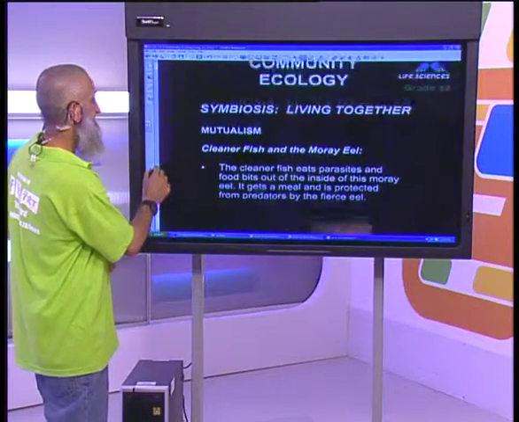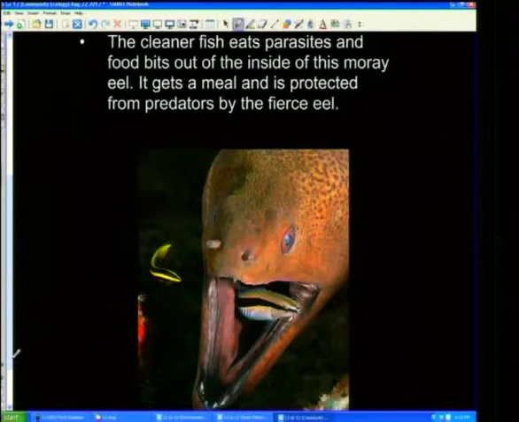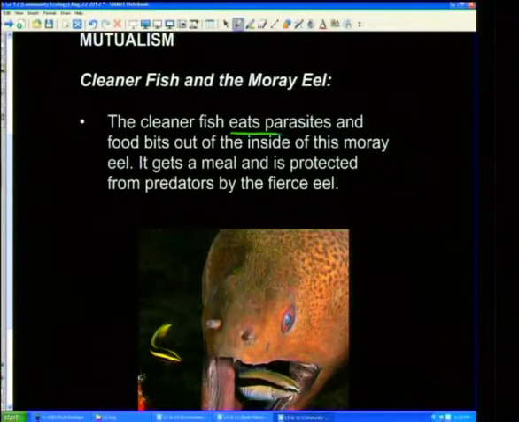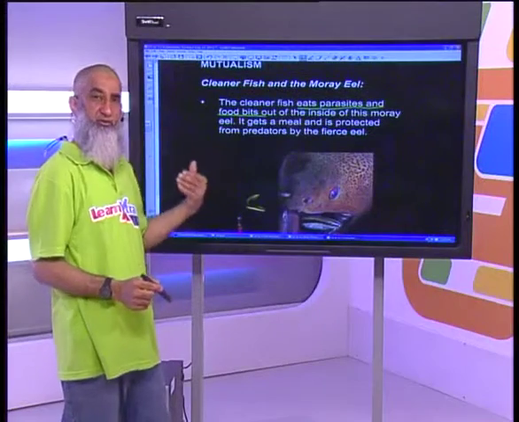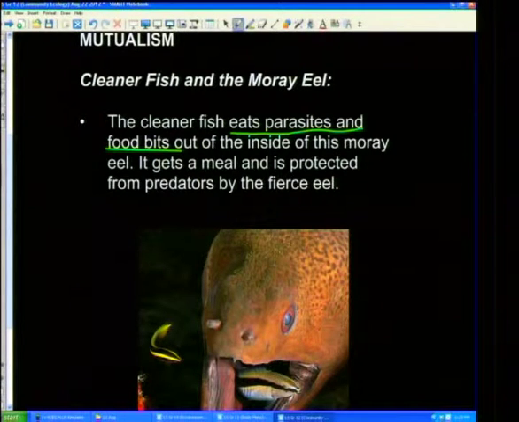Another one there is the cleaner fish and the moray eel. These cleaner fish here and the moray eel. There's a diagram. And what did it do? Obviously, it eats the parasites and food bits out, very much like what we said about the bird and the crocodile earlier. On the inside of this moray eel, it gets its meal, and it is protected from the predators